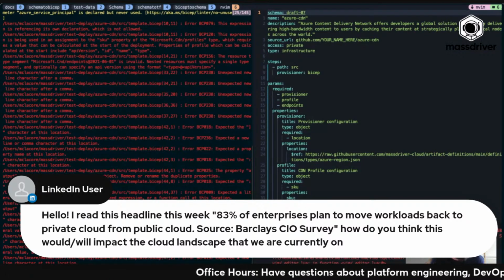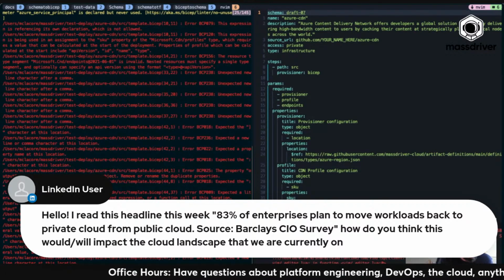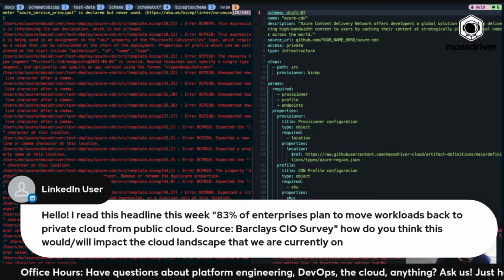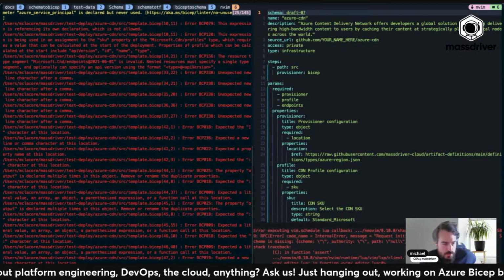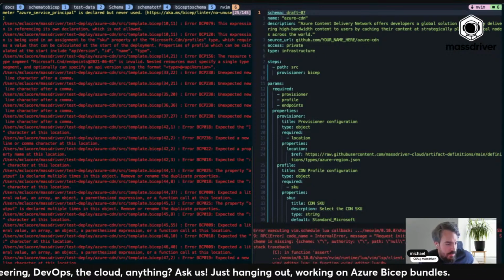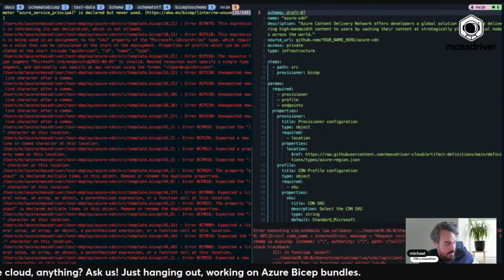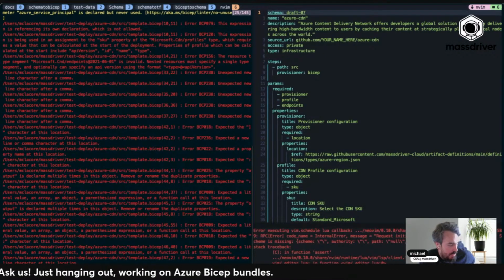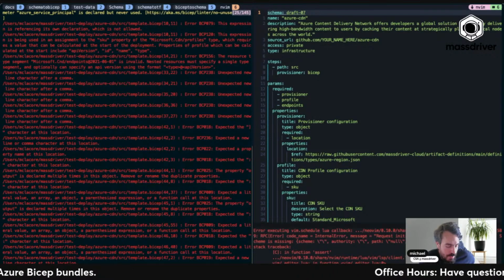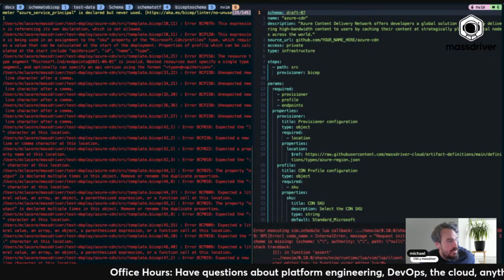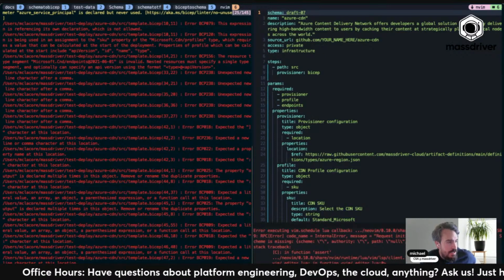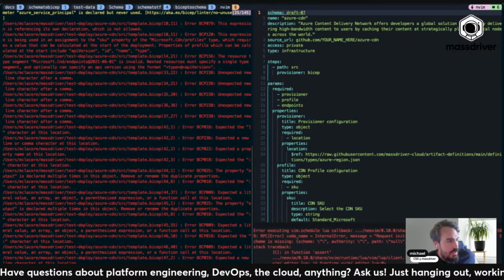There are startups that are popping up all the time. We see it at Massdriver. Every single YC batch, there's hundreds and hundreds of new startups coming, and they all need to be able to manage their own cloud infrastructure and applications. And they're not going to be able to do that in a private cloud data center. It's just not feasible. So the fact that AWS and Azure and GCP exist to serve